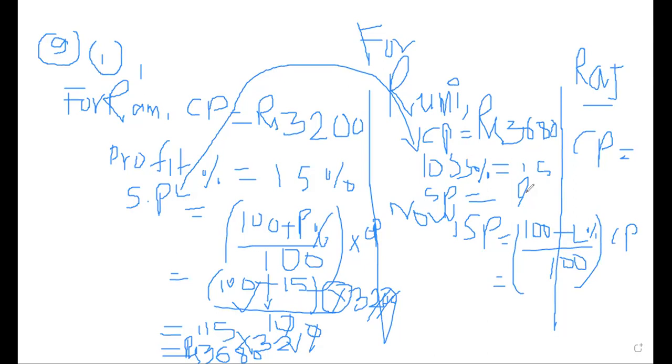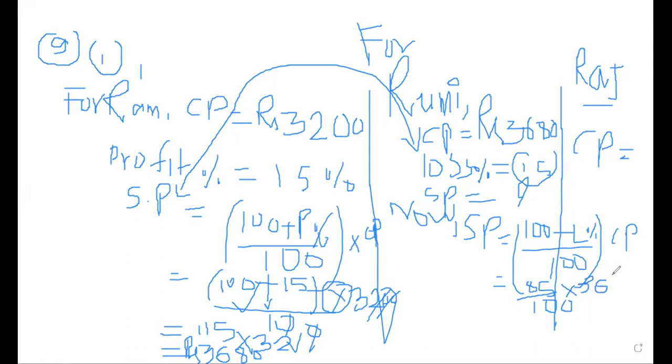This 100 minus 15 will be 85. I am doing it a little short. You can put 100 minus 15 equals 85, by 100, into